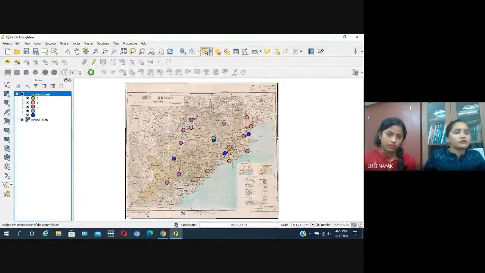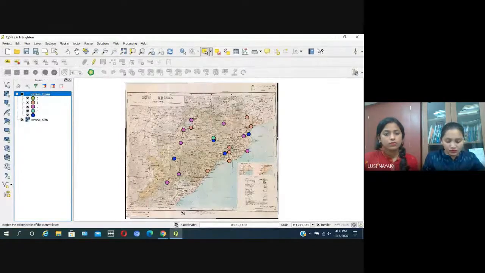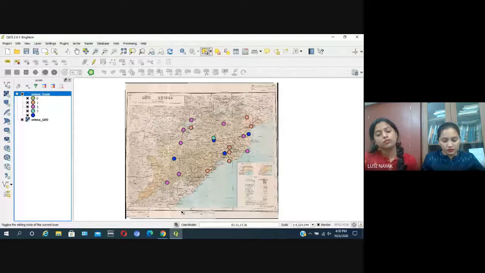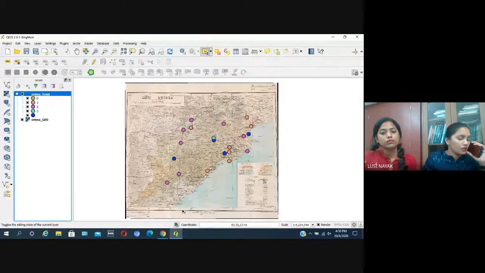Anybody else? Any doubt? Those who have completed can leave the session, no problem. Nilkumar, if you have completed, before tomorrow's session we need this point layer with 28 points and 2 columns complete. Everybody, 2 columns, 28 points complete, so that tomorrow we can go to the next step. If somebody has any doubt, we'll repeat some steps for the first 10 minutes, then continue with the next exercises.